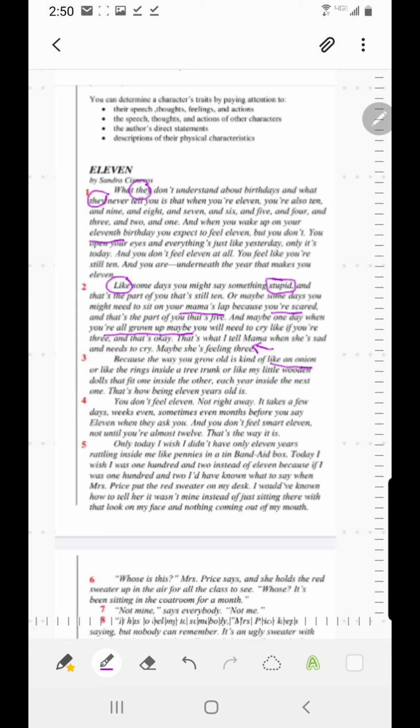So she uses 3 very specific similes here. And remember, anytime you have a simile, you want to really understand what's being compared. She's saying the way you grow old, so this is growing older, she's comparing it to an onion. Why would she do that? When you open an onion, what is it that you see? You see that there are layers, right? If you were to slice a tree, when you look inside that tree trunk, you see the rings of a tree, right? And they're trapped in time.